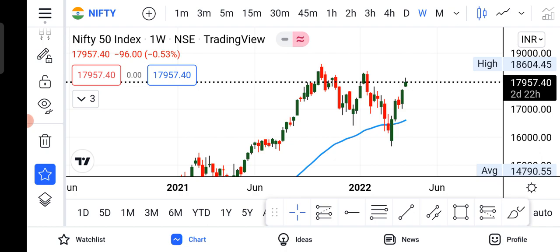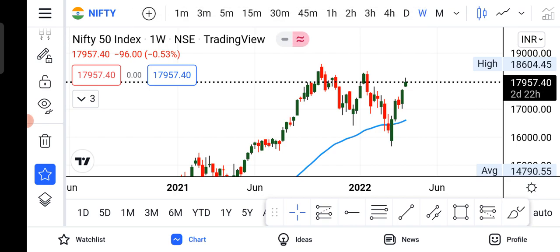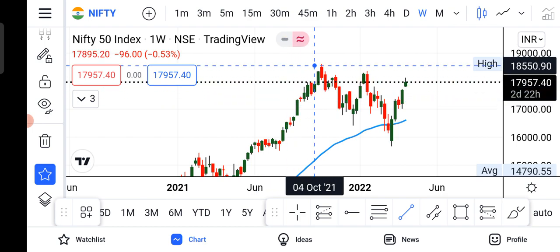For analyzing it deeply, I'll be covering a multi-time frame analysis of Nifty, so kindly be with me till the end. Let us start the analysis, and before starting, I welcome you all to the learning session wherein we'll analyze Nifty. On the screen you can see it's a weekly time frame chart. On a weekly time frame, there is one pattern visible to the naked eye very clearly. It's a broadening pattern.